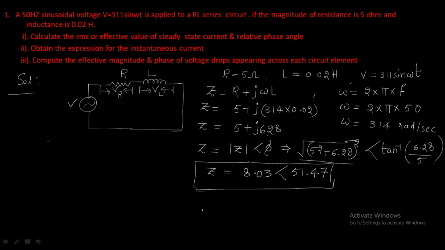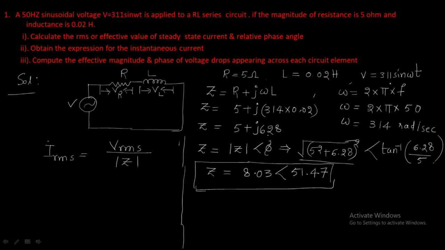So impedance is over. What is our intention? Our intention is to find out the current. We can find the effective or RMS current simply as RMS current equal to V RMS divided by the magnitude of impedance. In order to find the RMS current, we have to use only the RMS voltage.